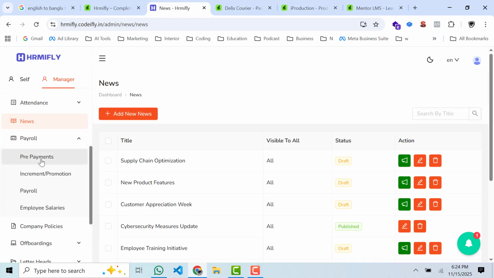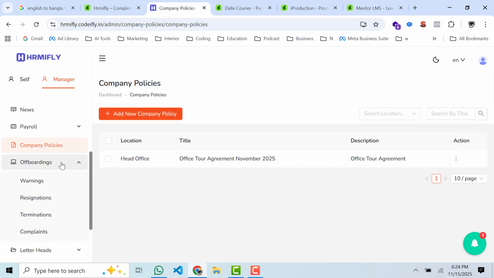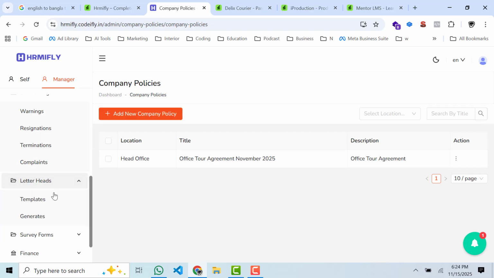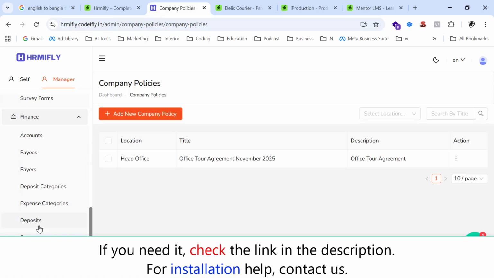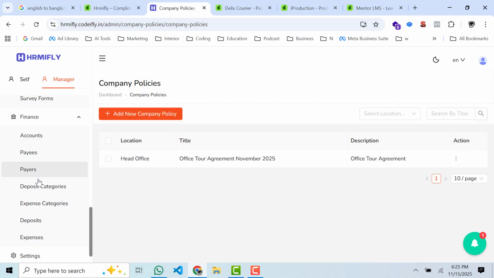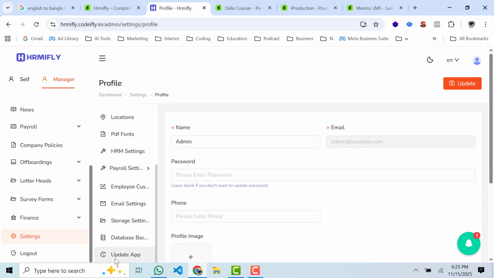And payroll, payment, employee salary, payrolls, income and promotion, and company policy, offboarding, letterhead, date, forms, finance, account, fees, deposit, expense, deposit category, expense category. All of these you can create. In settings, many options you can customize,